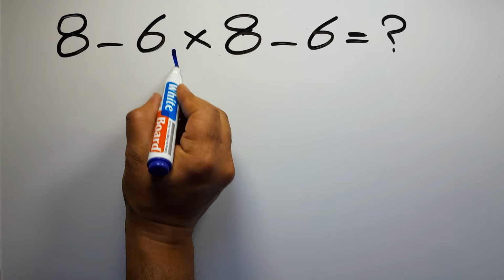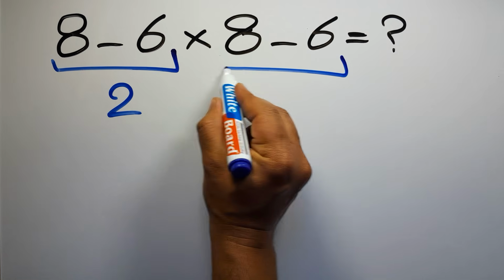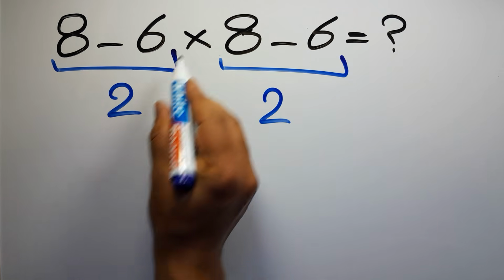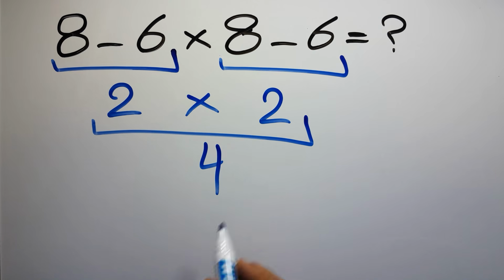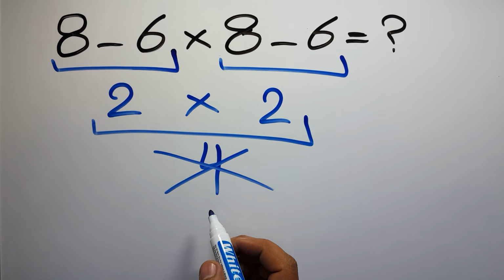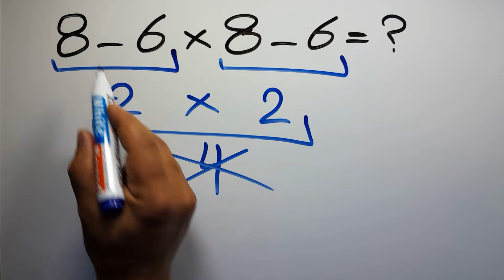8 minus 6 equals 2. And again here we have 8 minus 6. So 2 times 2 equals 4. But this answer is not correct, because according to the order of operations, multiplication has higher priority than